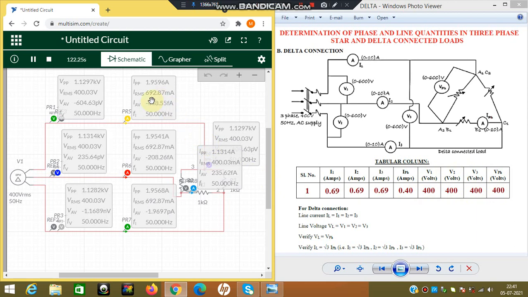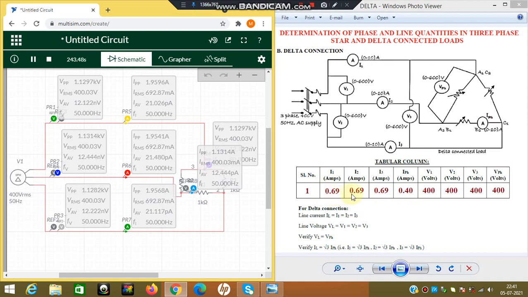Similarly, I1 is 692 milliamperes. It means 0.69 amperes. Again 0.69 amperes, 0.69 amperes. Whereas IPH is 400 milliamperes, means 0.4 amperes. So you can see here I1, I2, I3 is 0.69 and IPH is 0.4 amperes.